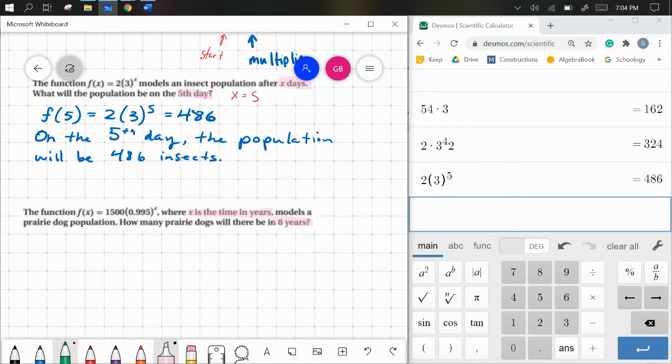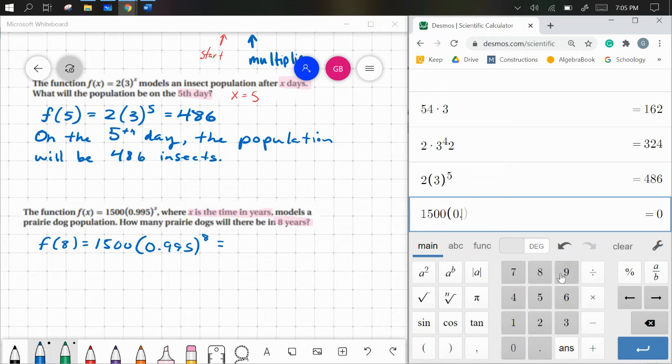So we're going to substitute the number 8 into the function. So f of 8 is equal to 1500 times 0.995 to the power of 8. So now I'm going to use my calculator. 1500 parenthesis 0.995 close parenthesis to the power of 8. Okay, and this is going to give us